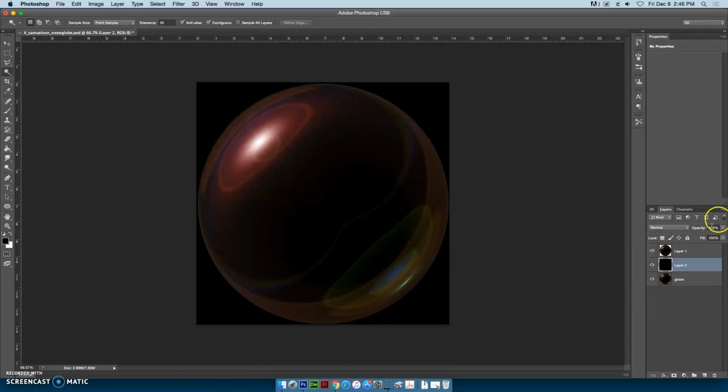Next, I want to use my Channels panel. And if I go to my Channels tab, there are some options down at the bottom, and one of them is some little dotted lines in an oval on the left. It says Load Channel as Selection. And that's what we want to do. So I am going to click on that oval, go to my layers panel, create a new layer, call it highlights,